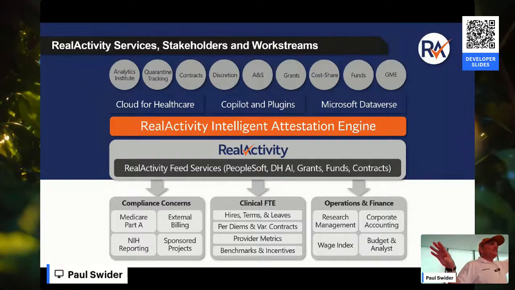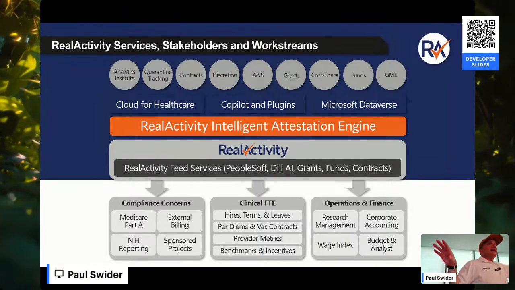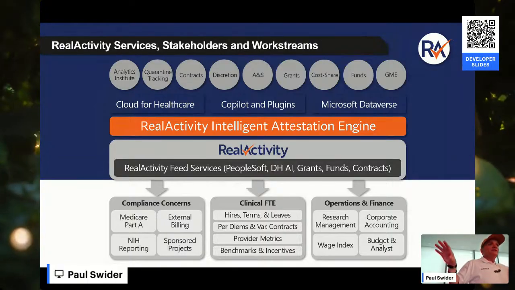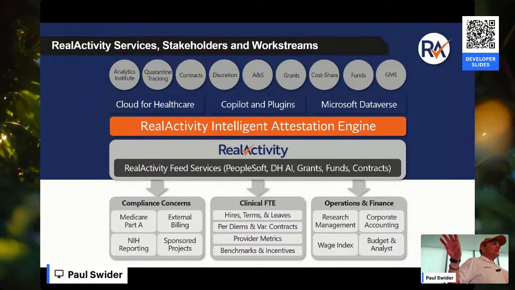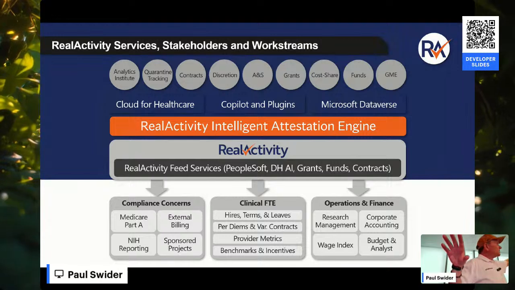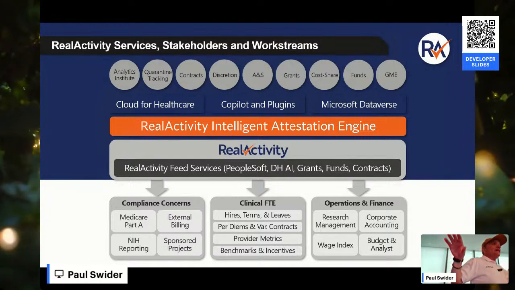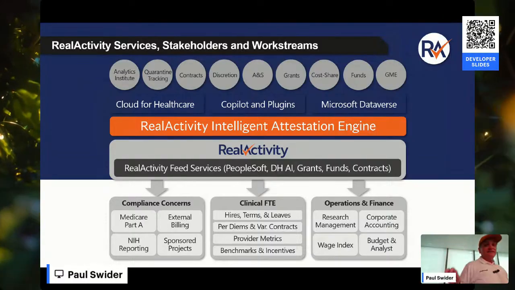It took us about 10 years to build this. We built this over 10 years with a large hospital system. And then I decided I wanted to turn it into a company. And so just about 3 years ago, I took the OpenAI stuff and we put a Copilot right on top of this. And so what I'm going to show you now is how we can take it to the next level. We'll go even deeper, and how we can use IaaS and build on top of this and